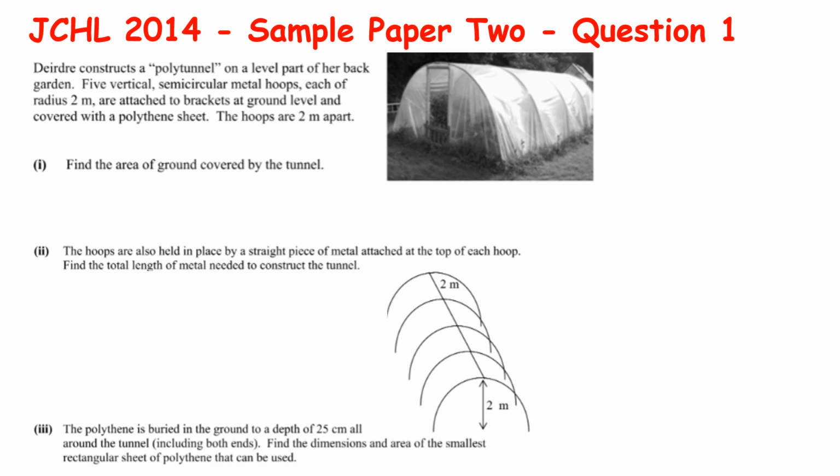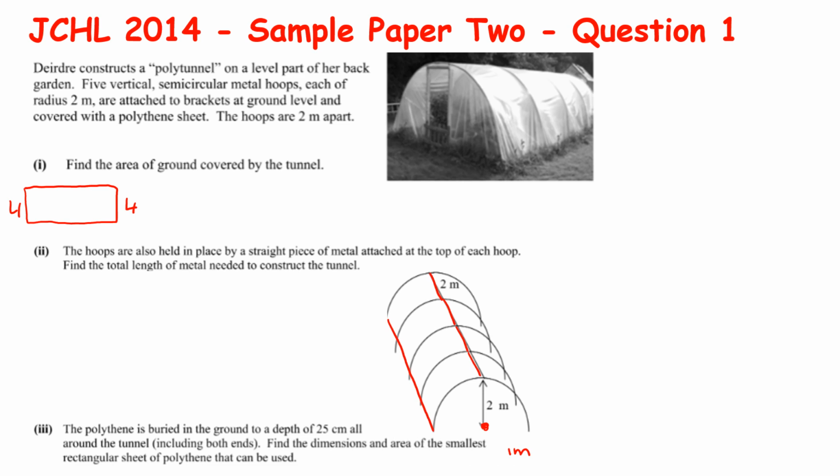So the diagram in part 2 is helpful here. So basically the shape on the ground is a rectangle. Since the radius is 2 meters, the whole length across here is 4 meters. So let's sketch out. So here is the front, so that is 4 meters, and the back is also 4 meters. We're also told that the hoops are 2 meters apart. So this is 2 meters, 2 meters, 2 meters, and 2 meters,